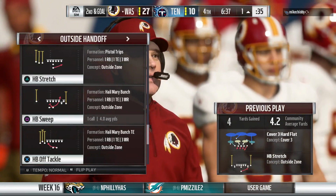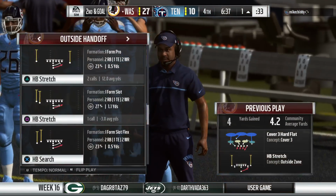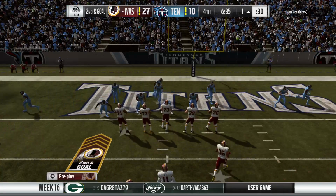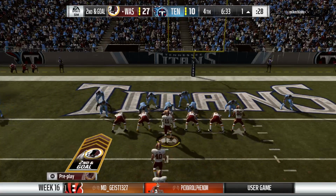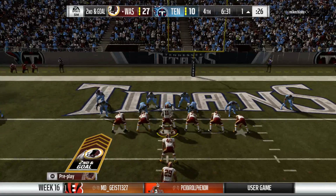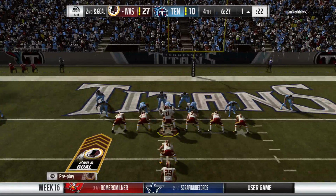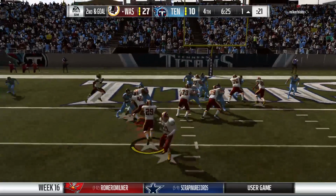It's 2nd and goal. Now, I'm guessing you'd say this is kind of the key here. Grind out some yardage, work on that clock, see if you can continue to tick it down. Definitely. You want to bleed things out at this point, right? Continue to possess the football, gain some yardage, and put the onus on the defense. Do they have to use timeouts? What are they going to...